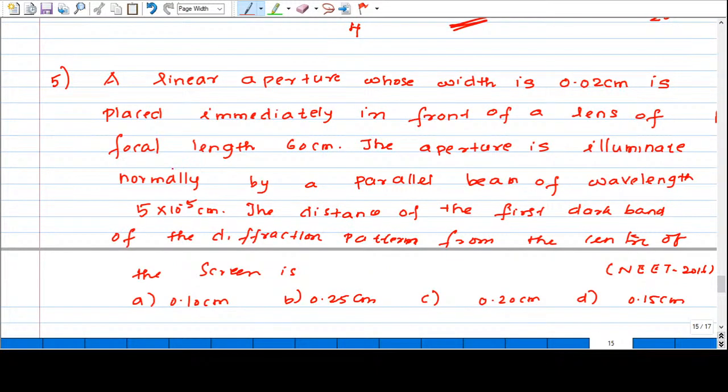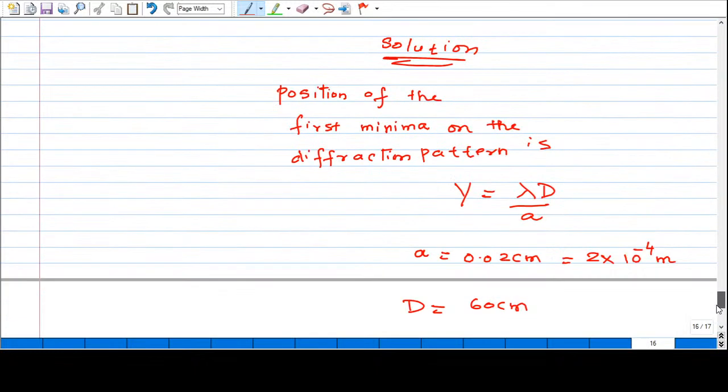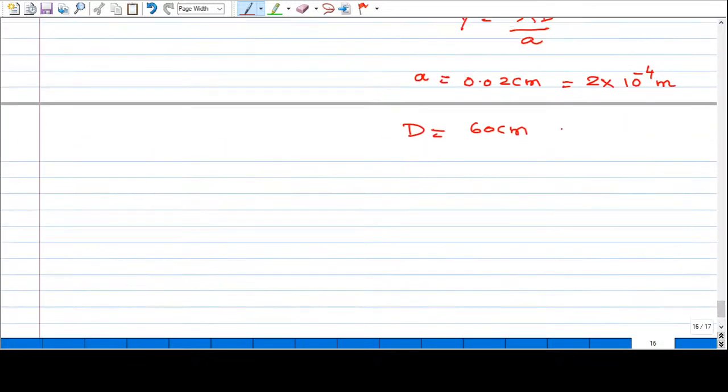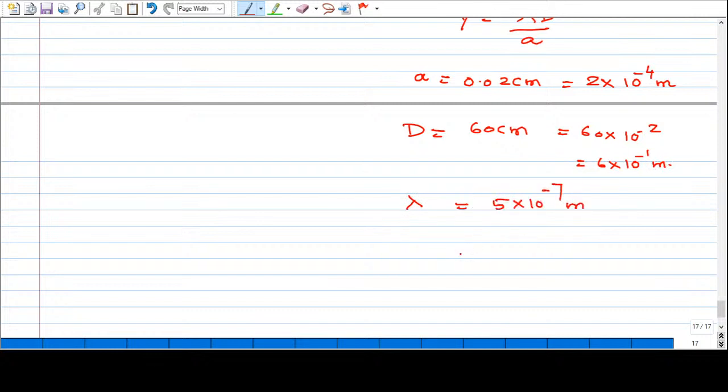See here, focal length. So now capital D is taken as the focal length, which is nothing but 60 into 10 power minus 2, which I can write as 6 into 10 power minus 1 meter. And the lambda value has also been given in the question. Lambda value is given as 5 into 10 power minus 7 meter. And the question asks to find y, and we know the formula,